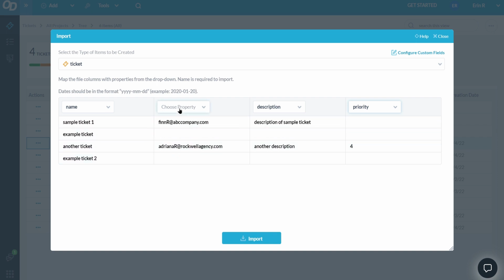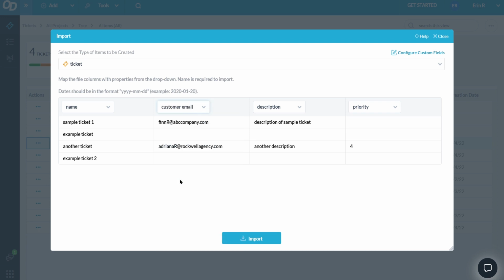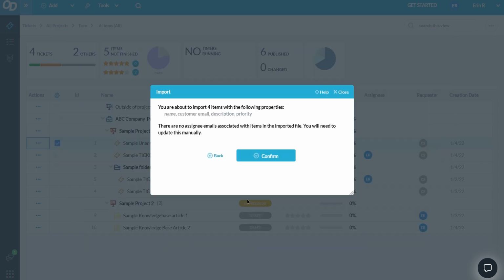It is important to note that if you wish to import old tickets or tasks and would like them to be assigned to the correct user as assignee or corresponding customer as requester, then ensure that you have the user or customer record created in OneDesk first. OneDesk will then link them using the email address as the key. If the user is not already added and doesn't exist in OneDesk, OneDesk will create a customer or user if an email address is included in your import file with the assignee or requester columns.